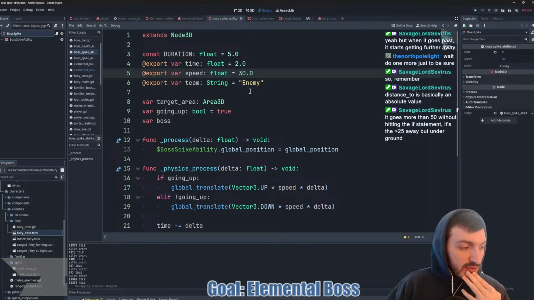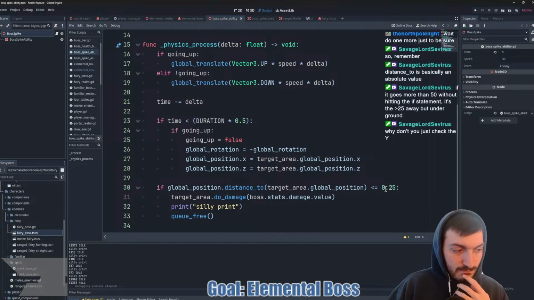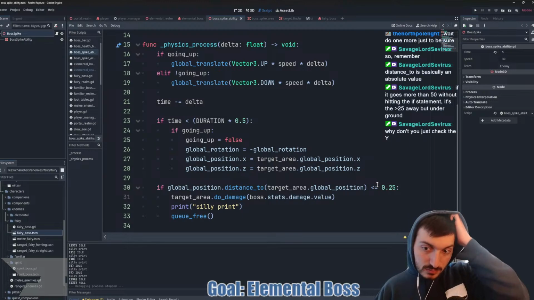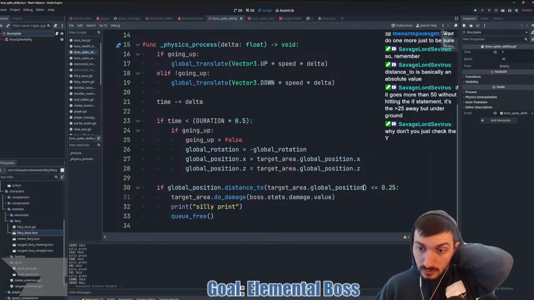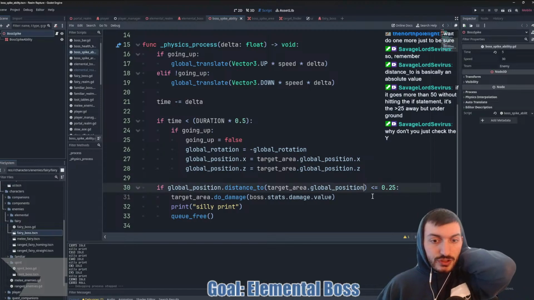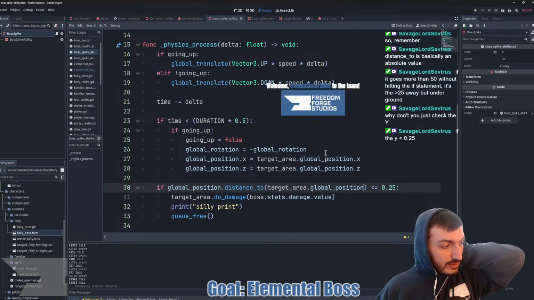If it goes more than 50 without hitting the if statement, it is greater than 25 away, but underground. Why don't you just check the Y? So we could just do global position dot distance to the Y.